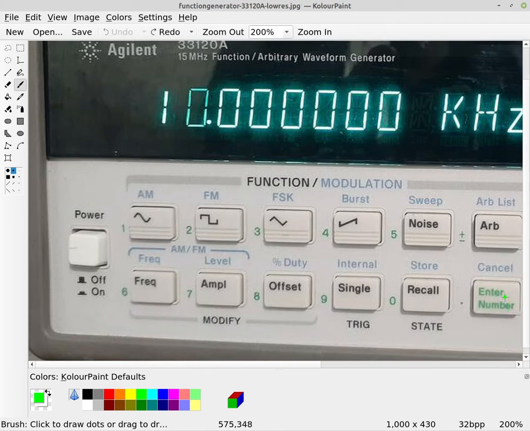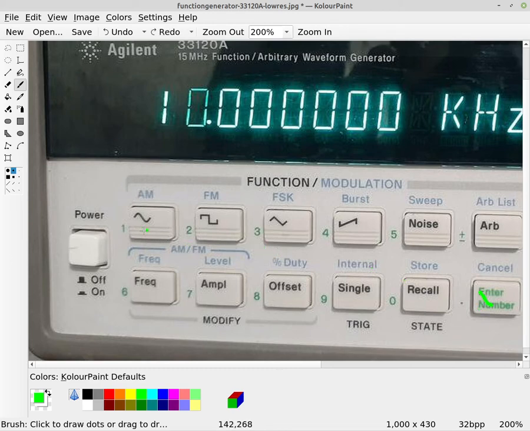You would press enter number, and then you could press the numbers that are beside the buttons. Right now on our display, I currently have it set to 10,000 kilohertz. To enter that using the numbers, I've got to first select enter number,